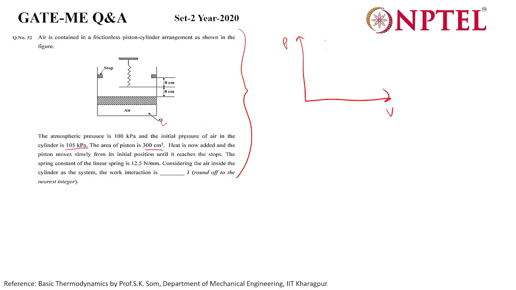Expansion. Reversible expansion. Constant pressure process. Okay. From here to here, nothing is stopping. So when we are adding heat, it will expand, right? So it would be a constant pressure process from here to here. Let's suppose this is the first position, this is the second, and this is the third. So from 1 to 2, this is 1. Sir, can we call it constant pressure reversible expansion? Yes, you can say any expansion is reversible expansion if the process is reversible.